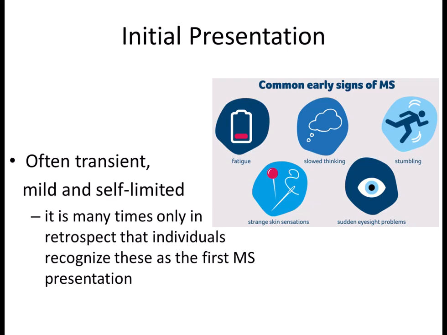They might have, as shown here, again, talked about this before, difficulty thinking, or they're tired, and then suddenly their vision is messed up. They can't really see clearly. They might have double vision. They might be tripping for no reason, falling over the floor. And they might have strange skin sensations, or pins and needles, or paresthesias, but nothing major, right? These are mild, and they go away in a little while.